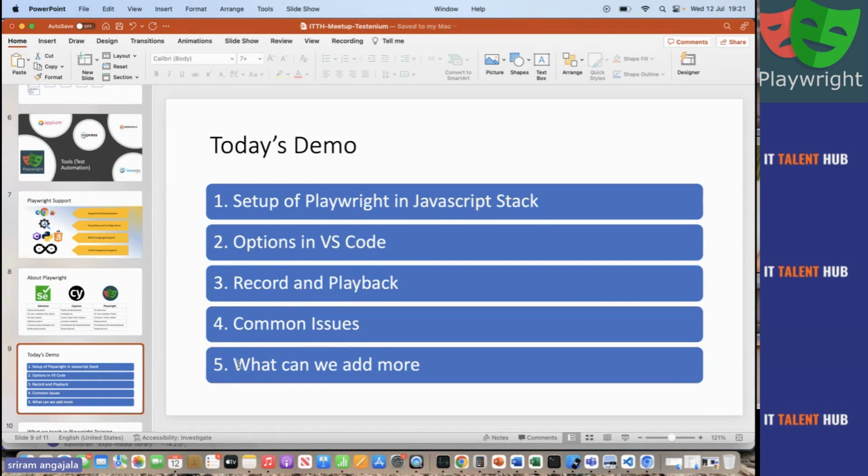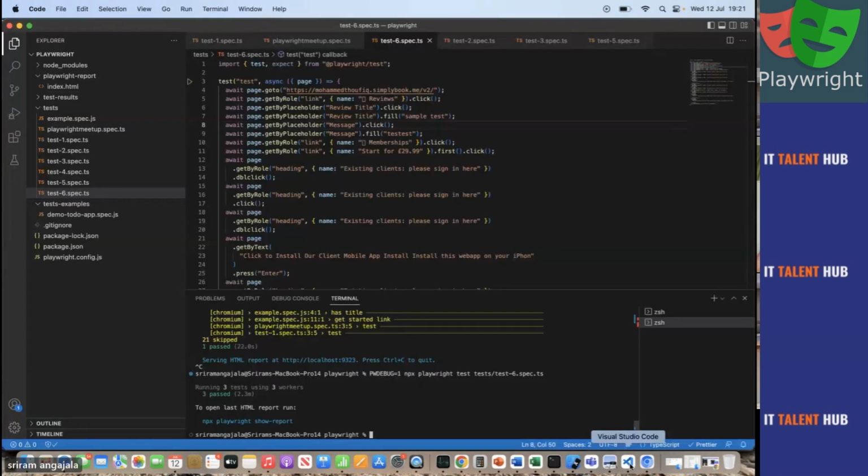And beyond what I'm showing in this demo, I'm showing just a very small, like 1%, of what any tester can do. So I'll tell you what else you can do after this small demo. Okay, shall we start?